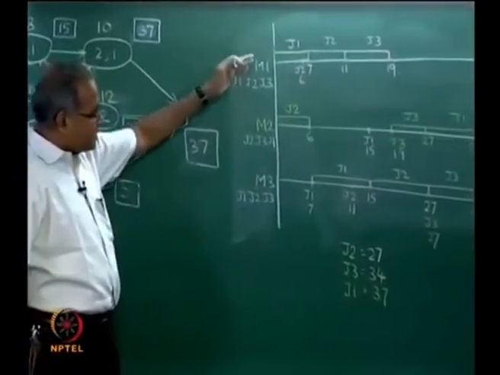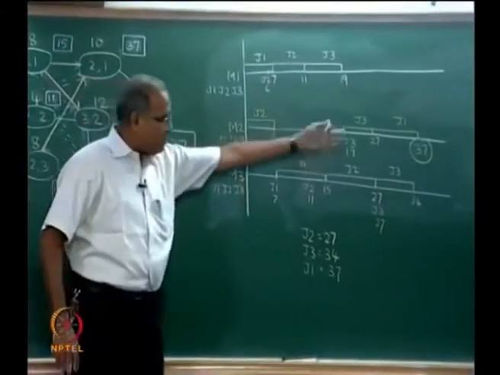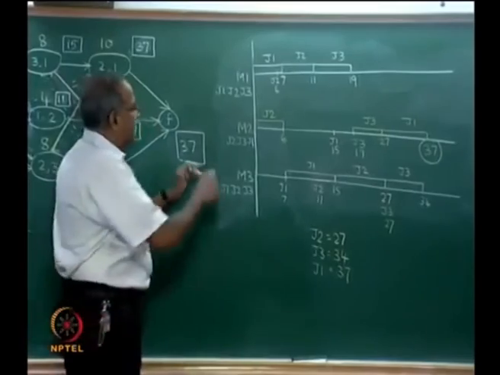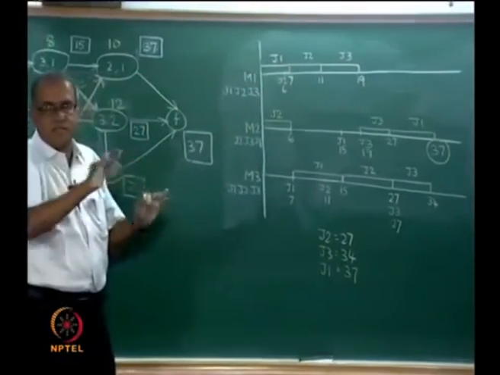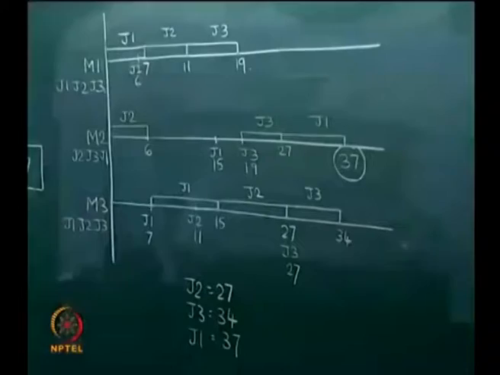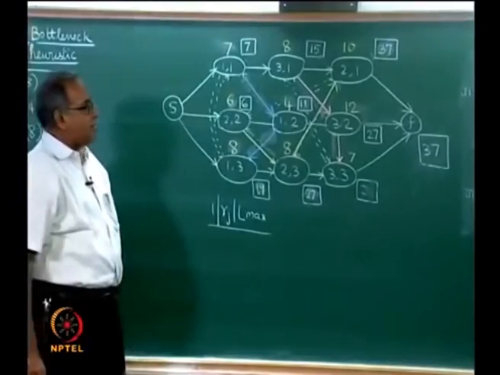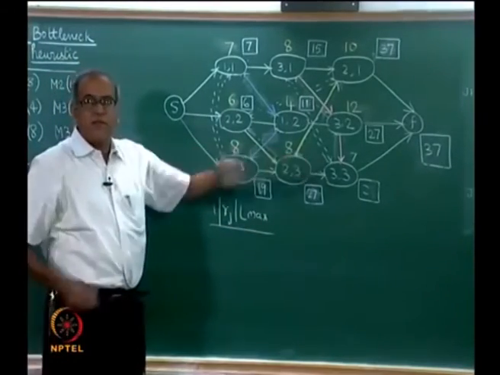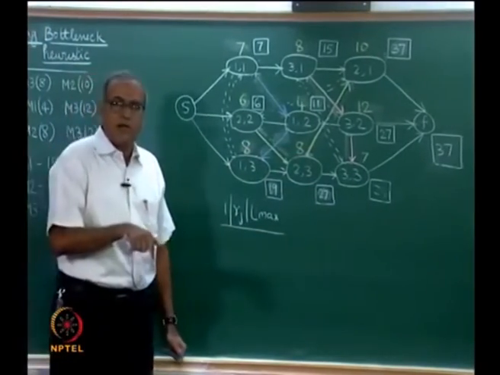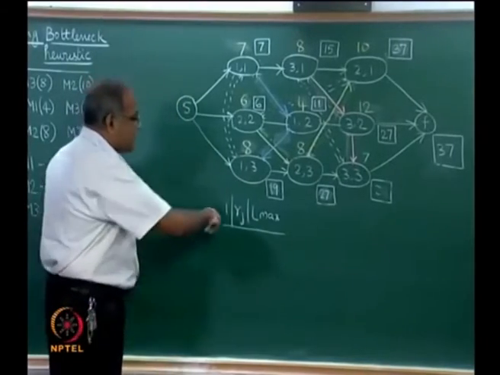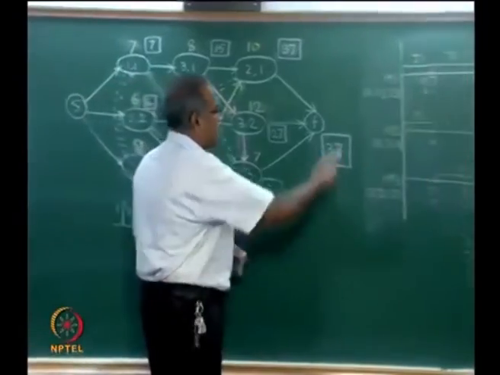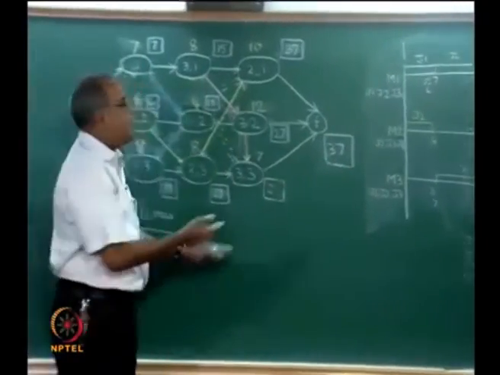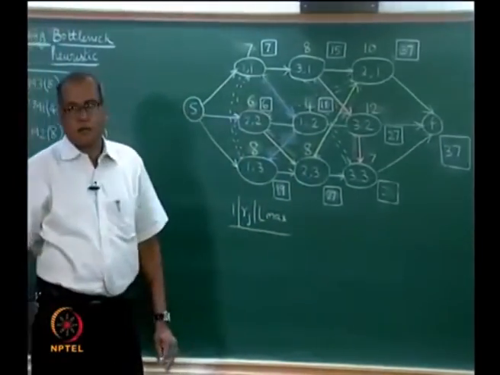Now, this Gantt chart on one hand computes the makespan, and on the other also tells us the order in which the jobs are going to be processed on each machine. This order can always be mapped onto the network, and the longest path would give us the makespan. Alternately, the shifting bottleneck heuristic solves a 1|rj|Lmax problem on each machine, tries to find out this order on each machine, and maps it onto the network.